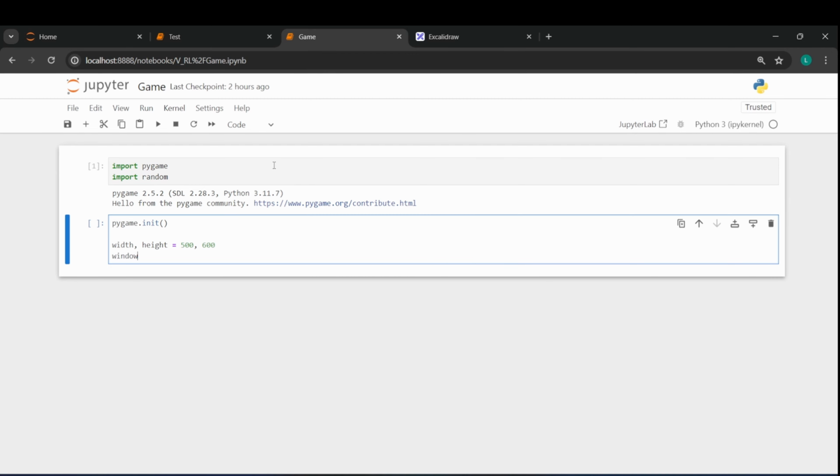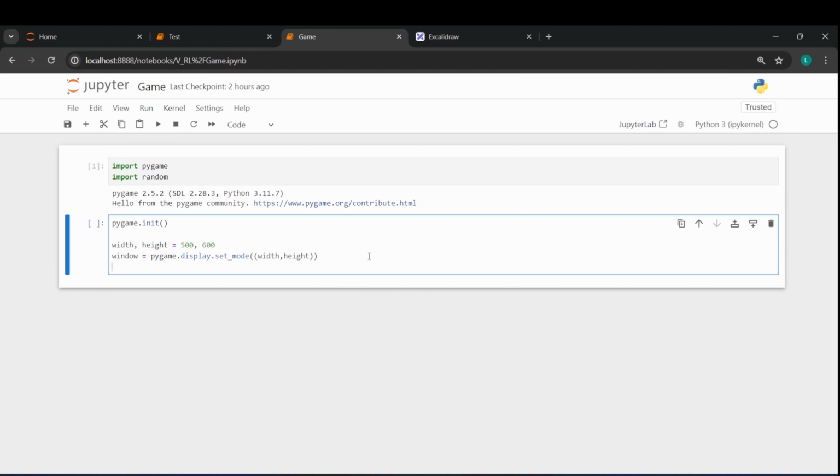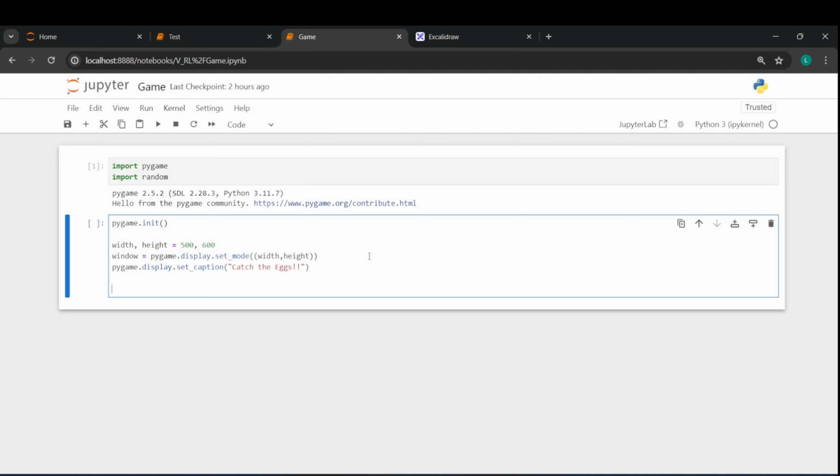Now let's create the window. So I'm going to say window equal to pygame.display.set_mode, and I'm going to pass the width and the height. So this will create a window of width 500 and height 600. Now let's set the caption for our window. So I'm going to say pygame.display.set_caption. I'm going to call it "catch the eggs". Now we need to run this game on a loop to see all the changes happening in the game. So I'm going to say running equal to True,